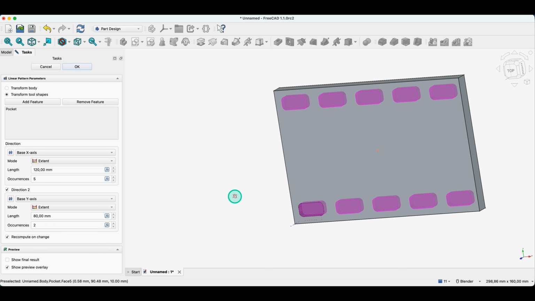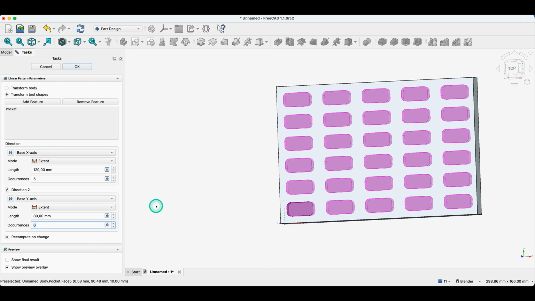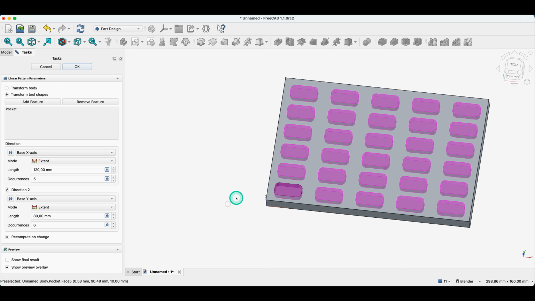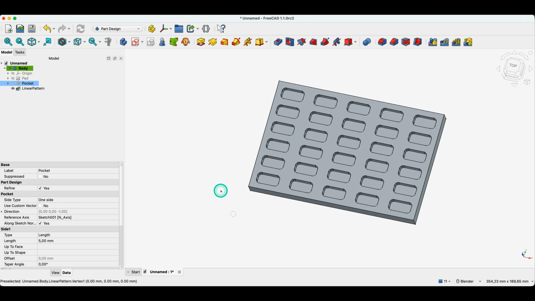And now I specify the number of copies in the second direction. And we have something like this. I click OK to confirm it, and in this way, we have created a linear pattern in 2 directions. In previous versions of FreeCAD, you had to approach this a bit differently. In the new version of FreeCAD, this has been greatly improved, and we can create these types of patterns much more easily. And the advantage of creating such elements in a linear pattern or a circular pattern is that now,